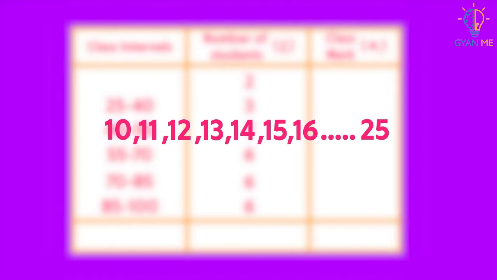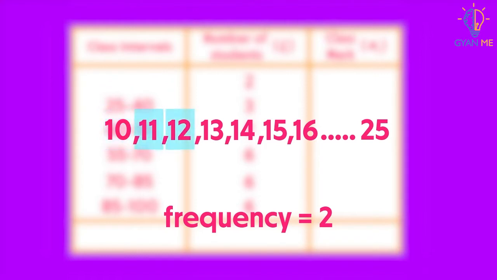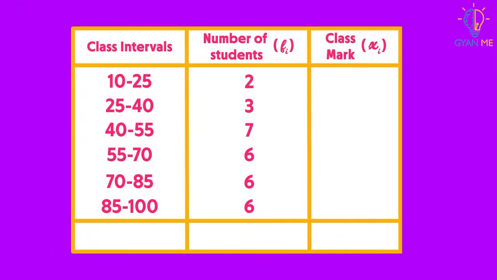And so we cannot say that its frequency 2 is for which mark, either 10 or 11 or 12 and so on. So we find the midpoint of each class, which will be the representative observation for all individual observations